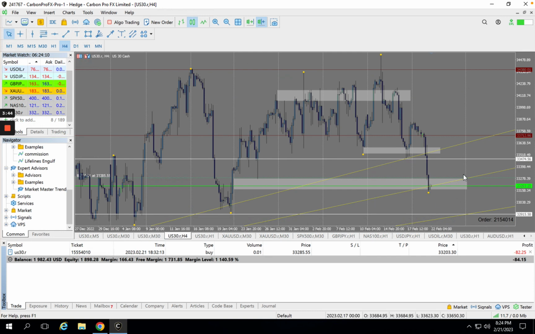So with this, I'm just waiting. Tonight, I'm waiting for either the reject off of here, we'll play down to this level, or stay above this trend line, and then we'll continue back up. I did earlier in the day put a